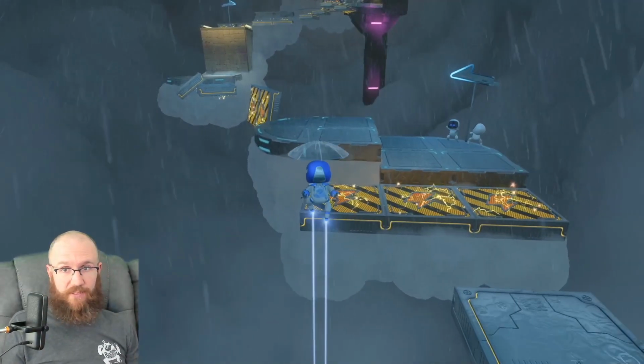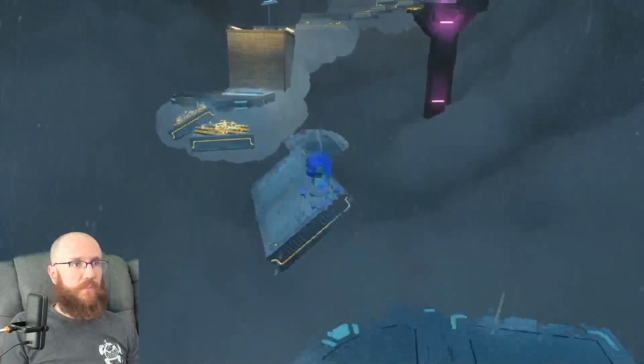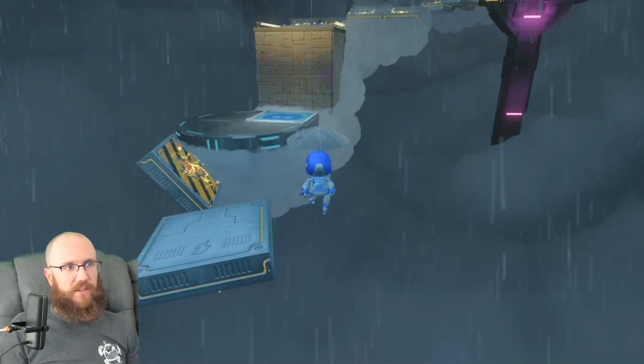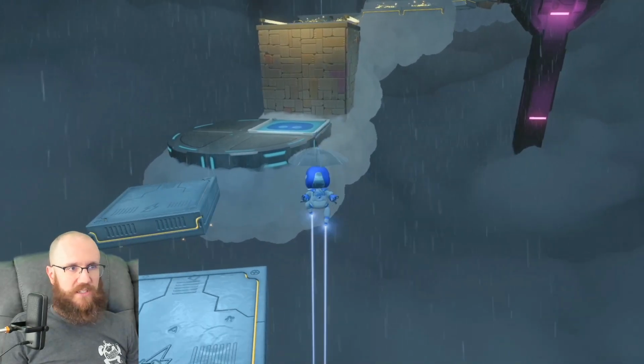I have not been able to figure out how to do that consistently. So I jump on the first one and just hover right across. Pretty standard stuff here. The timing should be fine on these. Don't worry about landing on the electricity if you're booking it. You can skip those next two by doing